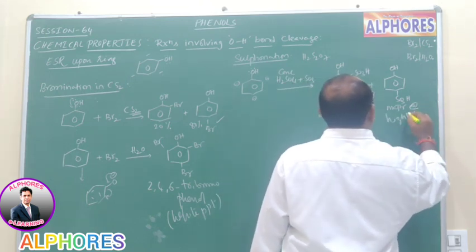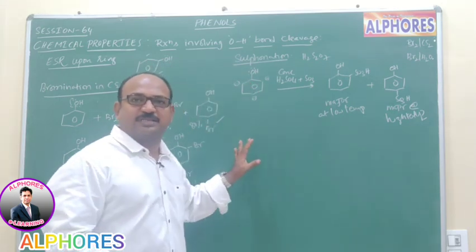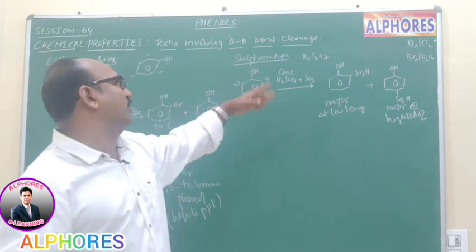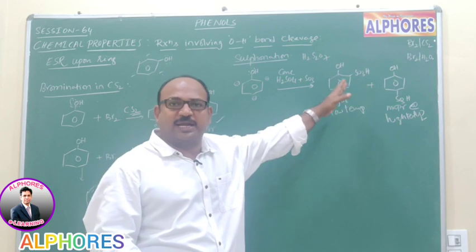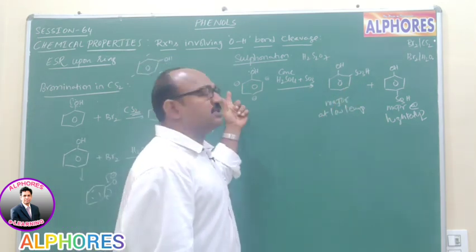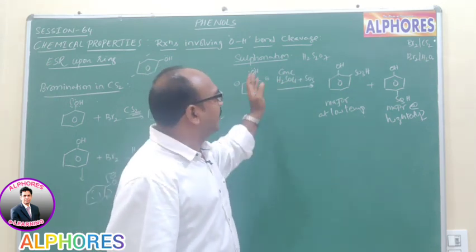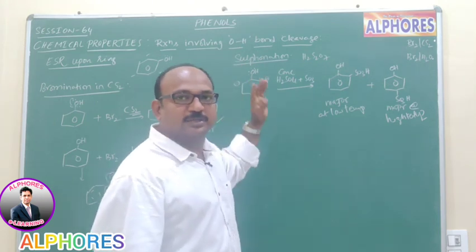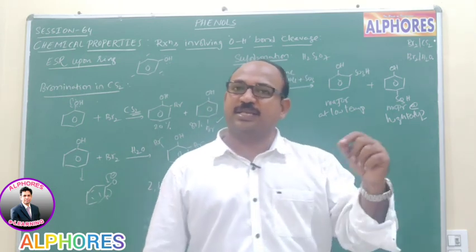The mechanism I am not going to discuss here, because in previous sessions we learned many times how SO3 attacks the benzene ring and what resonance structures we get. I am not going to discuss all those structures; instead let us focus on the remaining reactions. Here I am writing the direct products, and if necessary try to write them yourself, then you will get the answer. If you did not get it, we will discuss it in the next session.